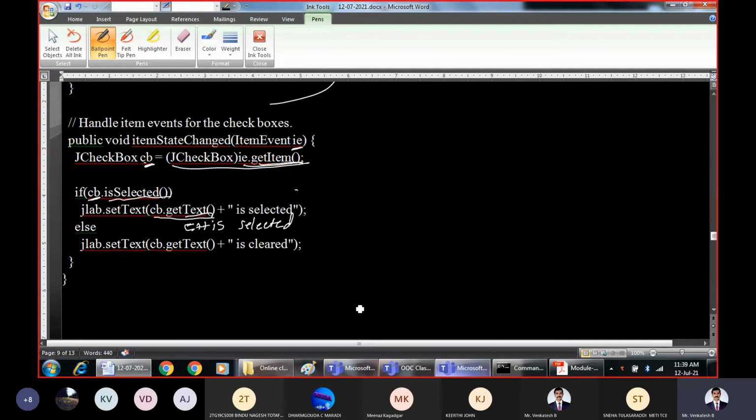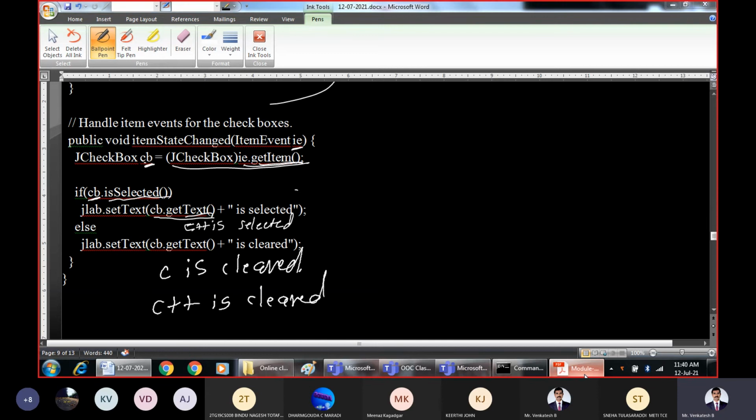If the user has selected 10 items and wants to deselect some of them, that option must be given to the user. What does that option say? It is clear. That means if you have selected C++ and you deselect it, the message will be something like this: C++ is clear.